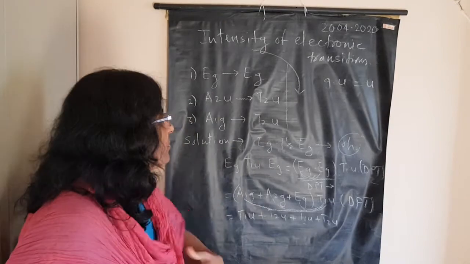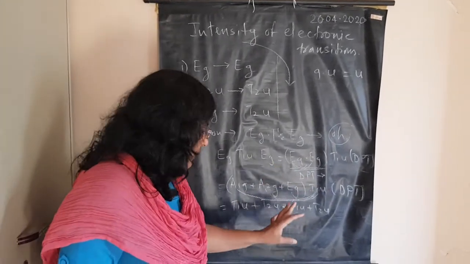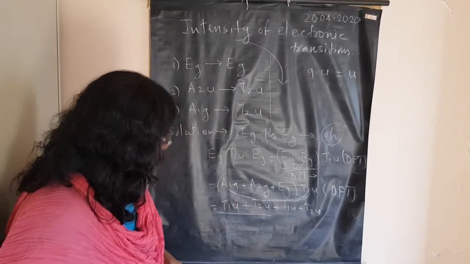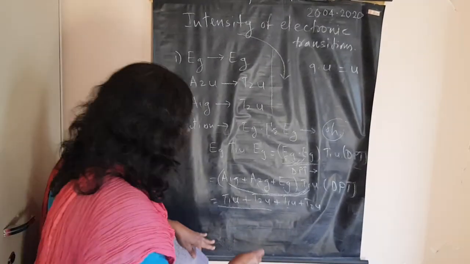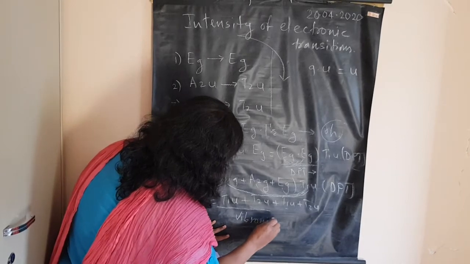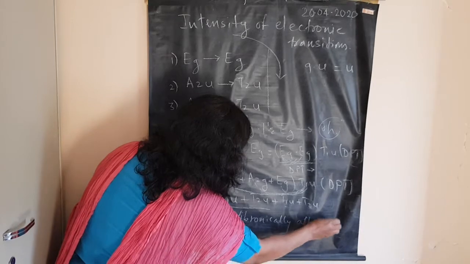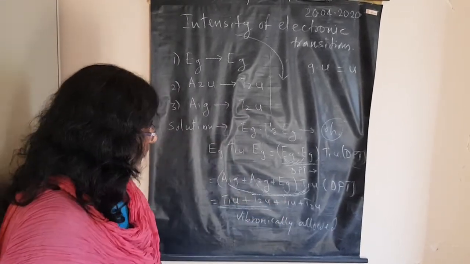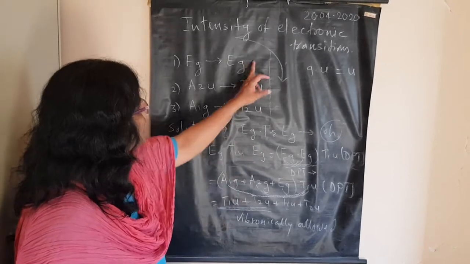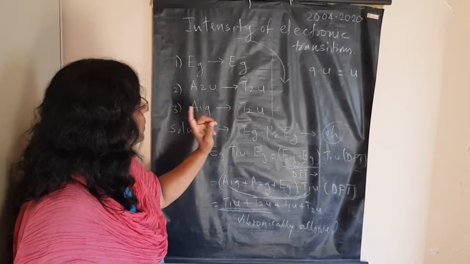Now, as I mentioned, for the dipole moment vector, for octahedral geometry as well as tetrahedral geometry, whenever your answer has T1u and T2u, that transition will be vibronically allowed. You have to keep that in mind. Always, whenever an answer has T1u and T2u, that transition will be vibronically allowed. So this Eg to Eg will be vibronically allowed. Similarly, we have to do the same for A2u to T2u and A1g to T2u.